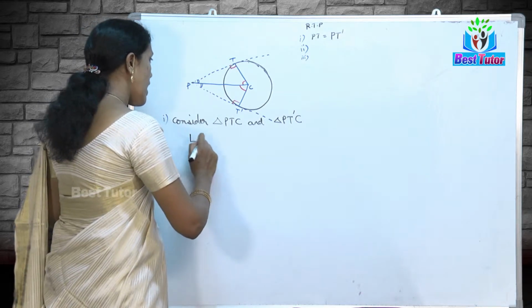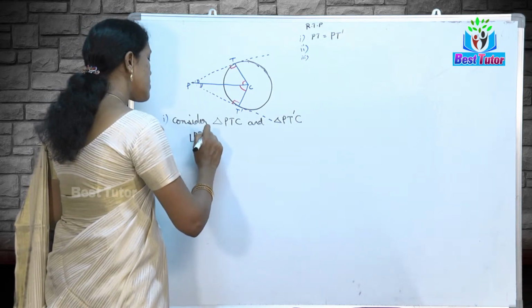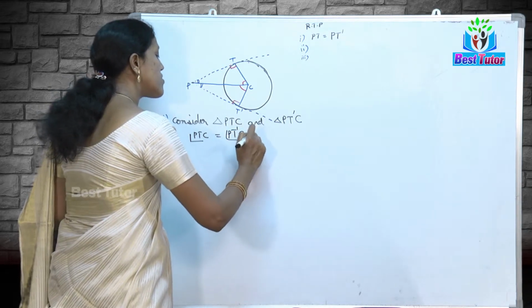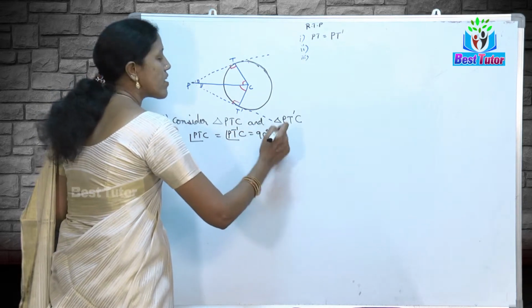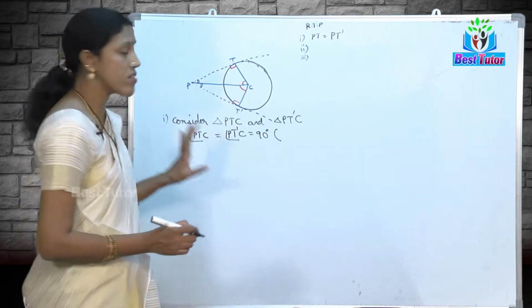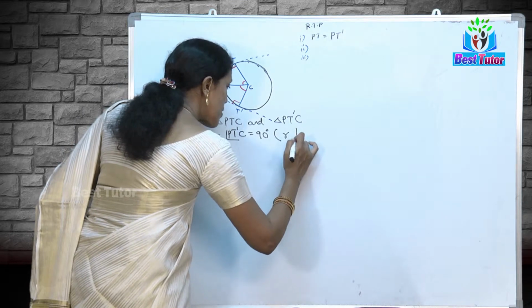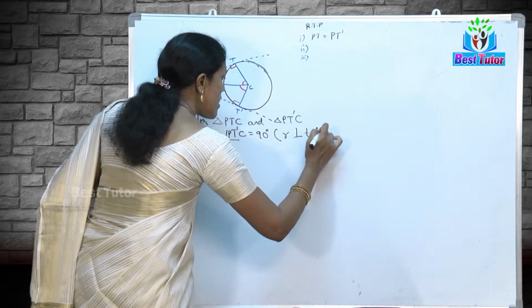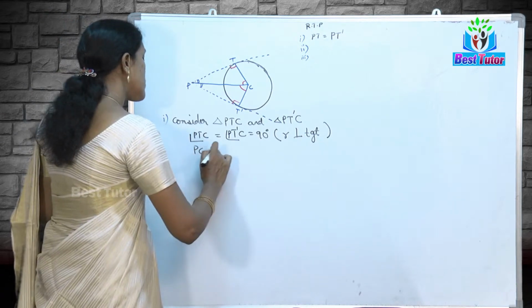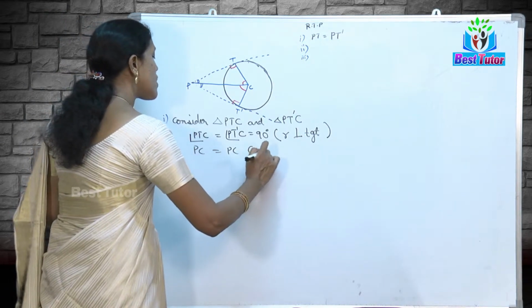First thing, angle PTC is equal to angle PT'C is equal to 90 degrees. The reason: geometry requires a reason at every step wherever it is necessary. Radius is perpendicular to the tangent at the point of contact. Done. Now, PC is equal to PC, which is going to be a common side,